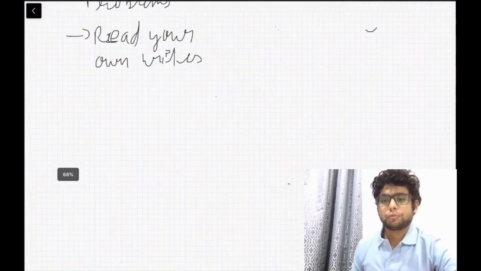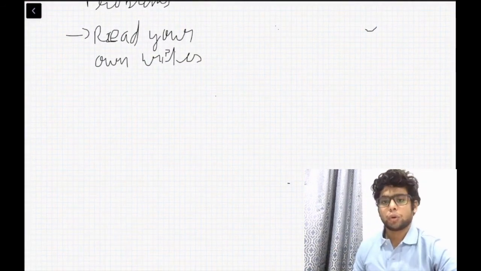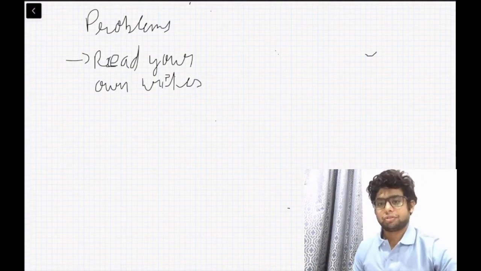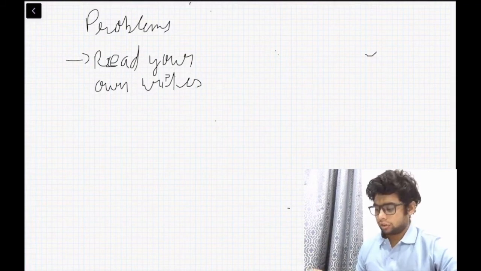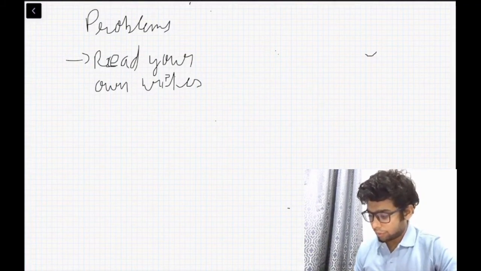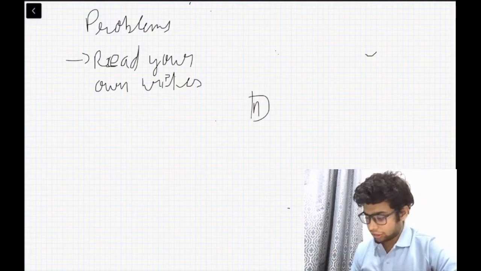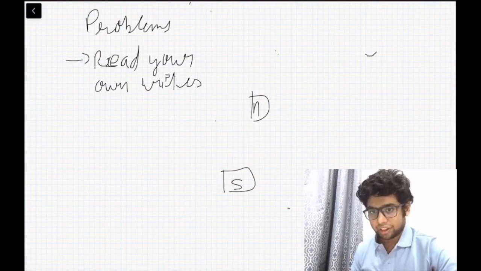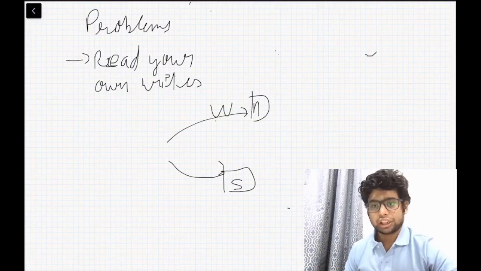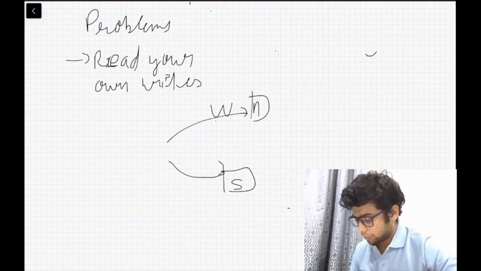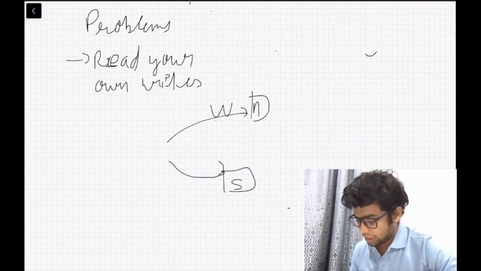So what happens in read your own writes is, let's say I am filling a form on a site, and whatever data I have entered is written to the master, but there is a replication lag going on in my system, and I press refresh. I have written it, but when I refresh, I don't see the data. This is a very bad experience for a user. So that is the read your own writes problem, that you write to master and there is a replication lag.